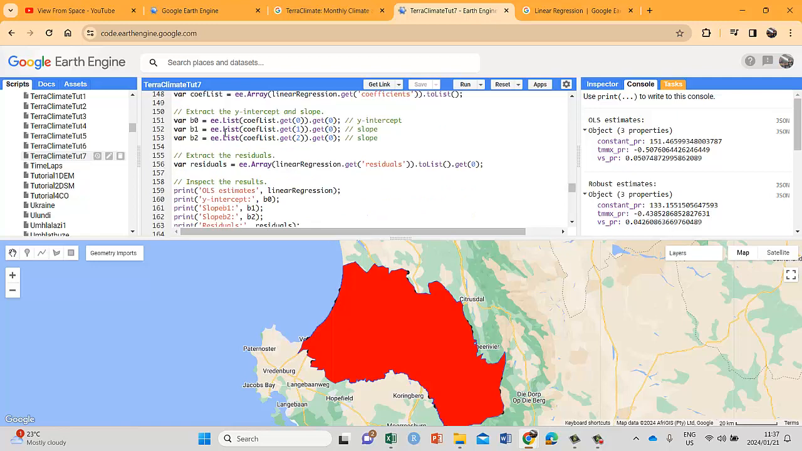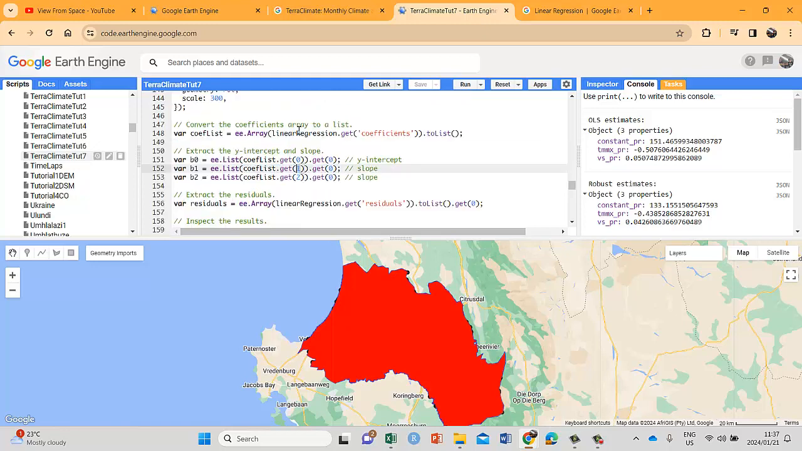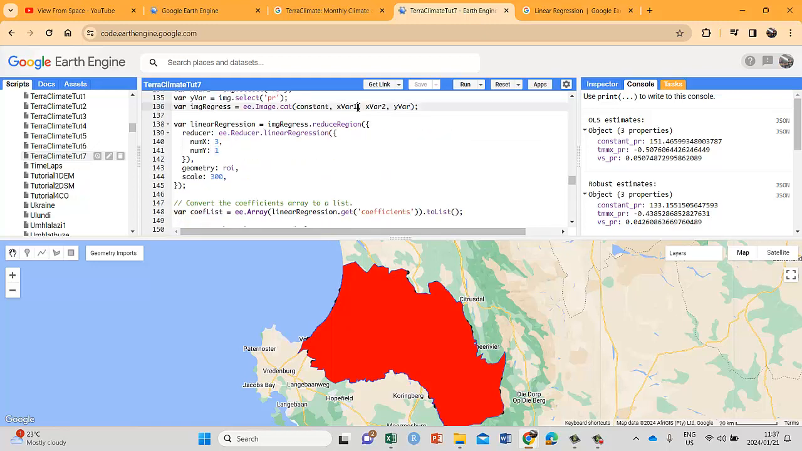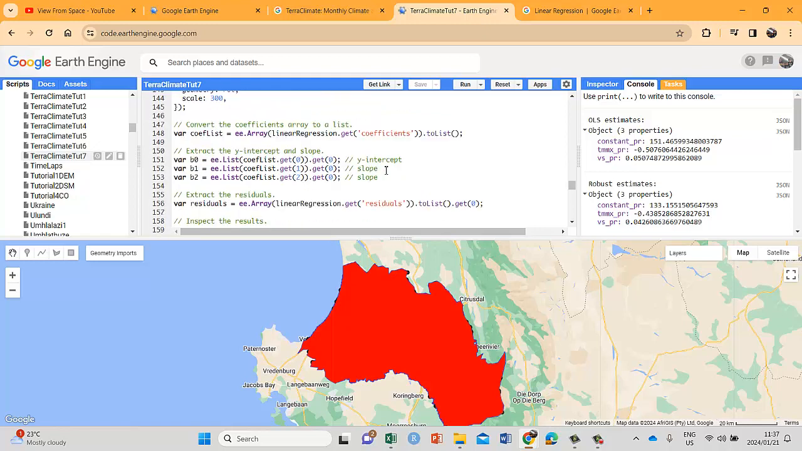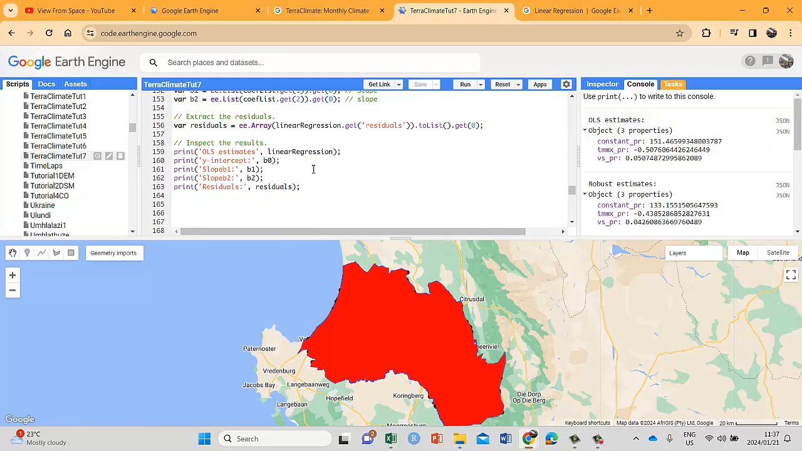Remember, in our case, there will be two slope coefficients. There will be a slope coefficient for maximum temperatures, and there will be a slope coefficient for wind speed. Remember, get 1 is our second variable. What's our second variable? X variable 1. What is that? X variable 1 is maximum temperatures. Okay, and that's a median value for this period. Anyway, and then we basically just